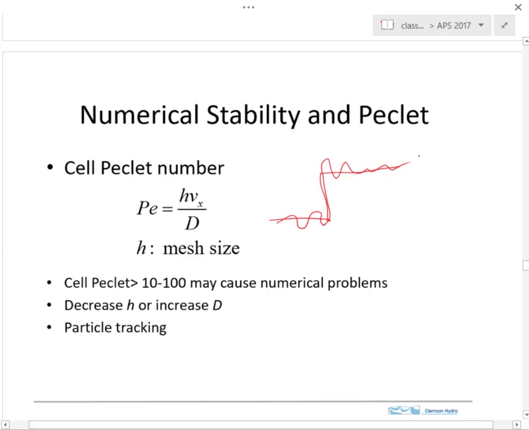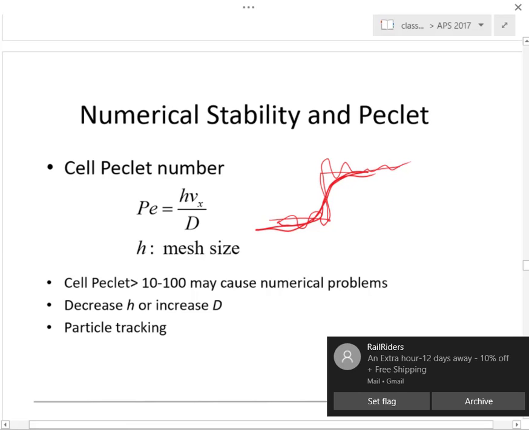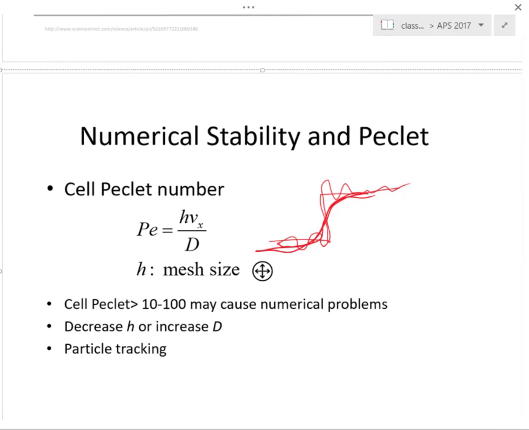And when advection is high, what happens is diffusion or dispersion tends to smooth out a step like that. And so if you don't have anything to smooth it out, then there can be numerical problems. You end up getting ripples, oscillations, and instabilities where the concentration just explodes, and the problem doesn't converge. And so basically the numerical Peclet number, or the mesh Peclet number, gives you a way